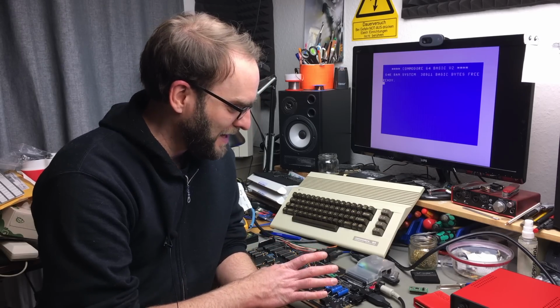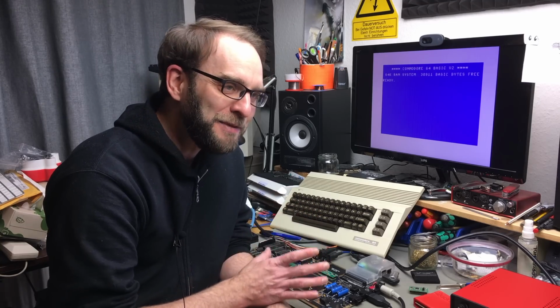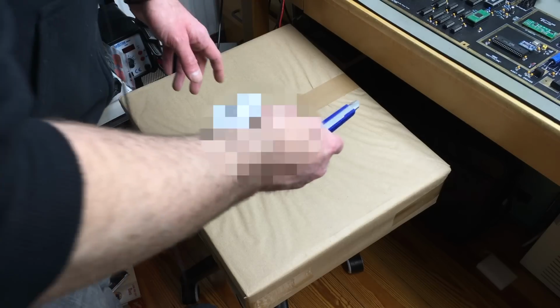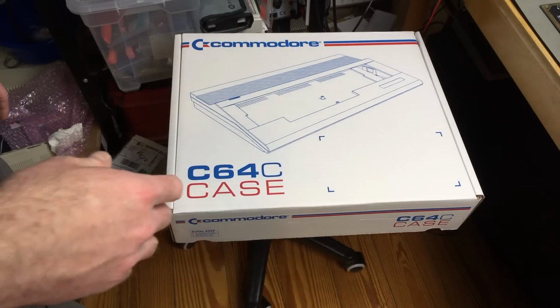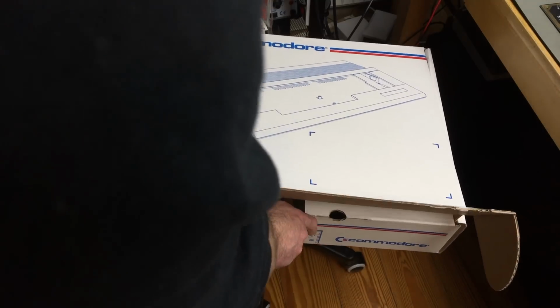In this configuration it seems to work and doesn't seem to cause any interference with any of the components. So one last thing that I can do, because that replacement already exists, is the case. I actually had this sitting here unopened for quite a while. I got it shortly after the new batch of PixelWizard C64 cases was released. So, what color did I get this time? Let me show you. I thought, because this is such a futuristic build, or kind of futuristic, it's not really futuristic, of course,